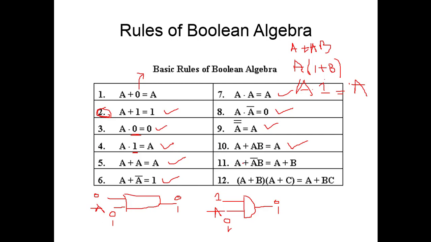Similarly, A plus A complement B is equal to A plus B. You can verify this from the truth table. You have a variable A, variable B, then A complement, then A complement B, then A plus B. You make a truth table of all these terms and you will see that the column for A plus A complement B is equal to the column for A plus B. You can easily verify this from the truth table.